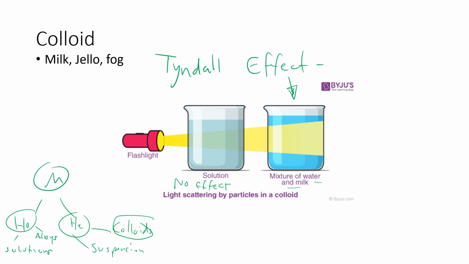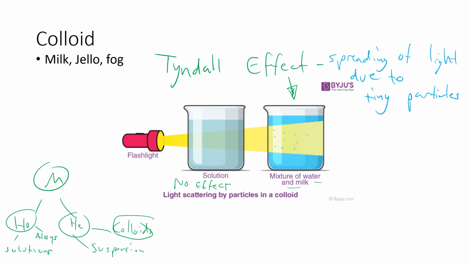Tyndall effect, if you wanted to define it, it is the spreading of light due to tiny particles. The spreading of light due to tiny particles. So the particles are kind of separating, and again, you can't see them. They're very, very small. So the particles inside milk and jello and fog, those little water droplets, are very tiny,